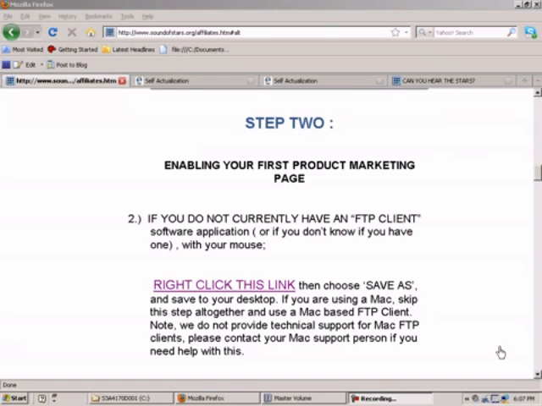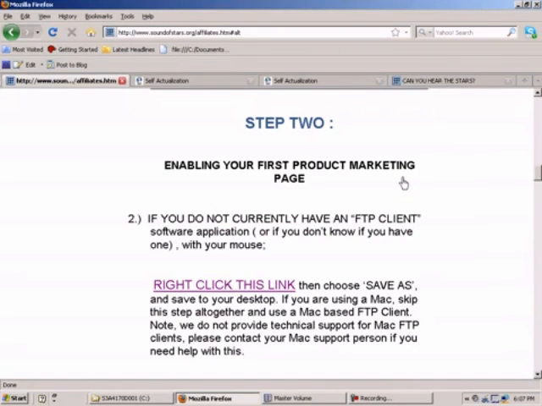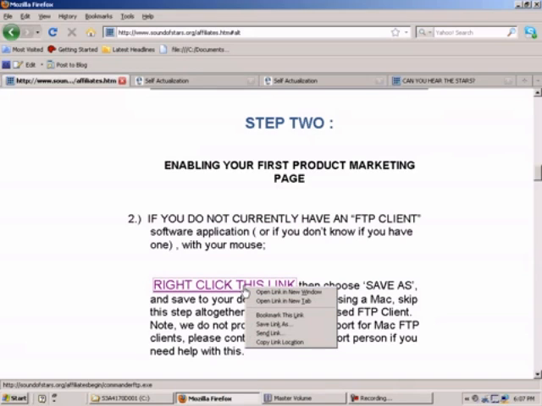So on step 2 on our affiliates page, you'll see it says enabling your first product marketing page. It's asking if you do not currently have an FTP client application, or if you don't know if you have one, then with your mouse right click this link and then choose Save As. So place your mouse over that link, and then click with the right mouse button, and you see there's a little pop-up menu that pops up. Choose File, Save Link As,